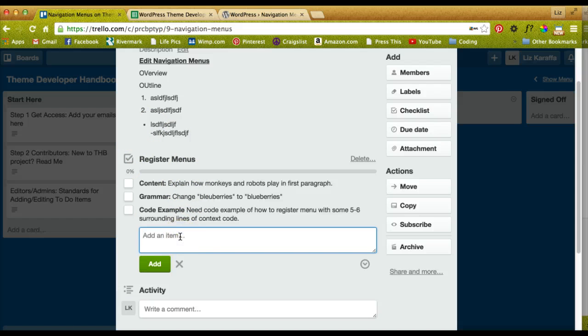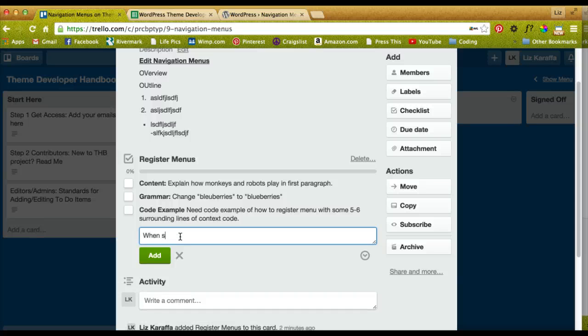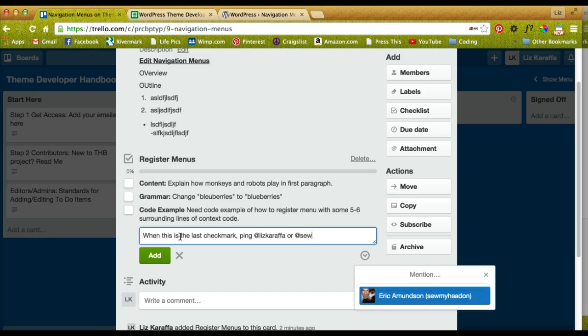At the very end, you're always going to add a note for the user or the contributor to ping an admin or editor to have them look over the section. And we'll go ahead and create a little template for this so you can just copy and paste it. Once we figure out all the people who